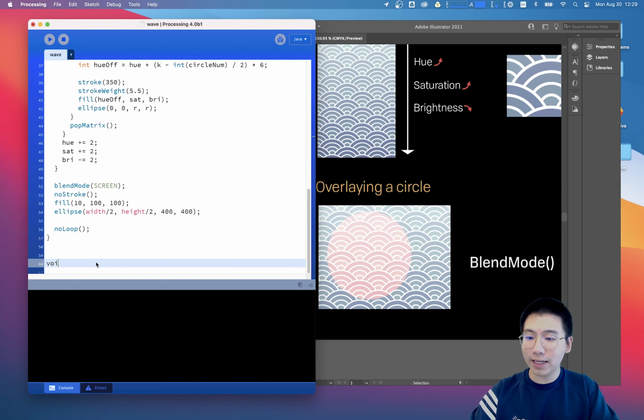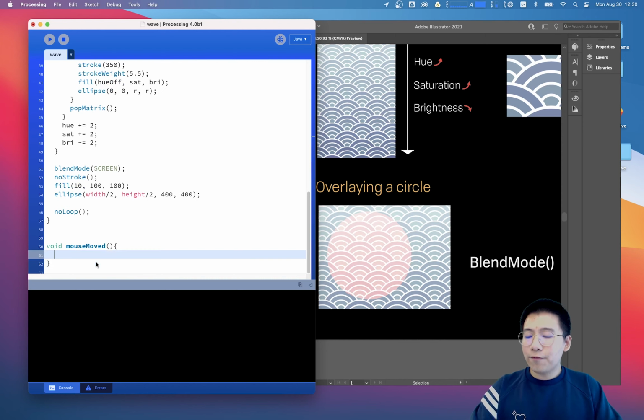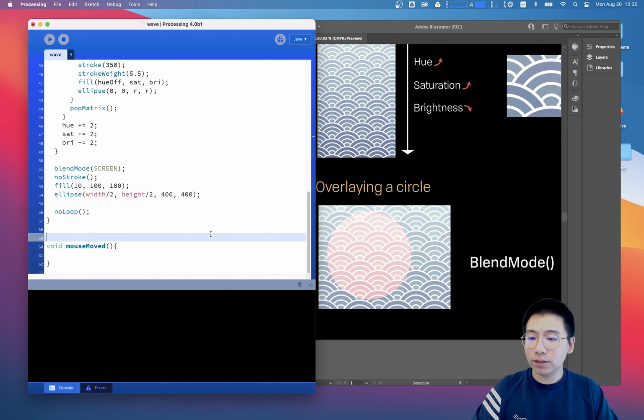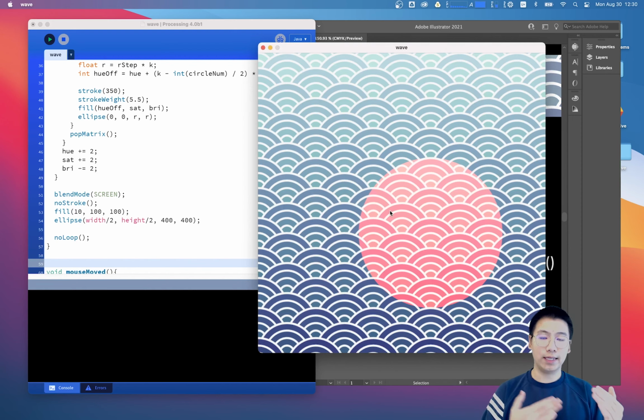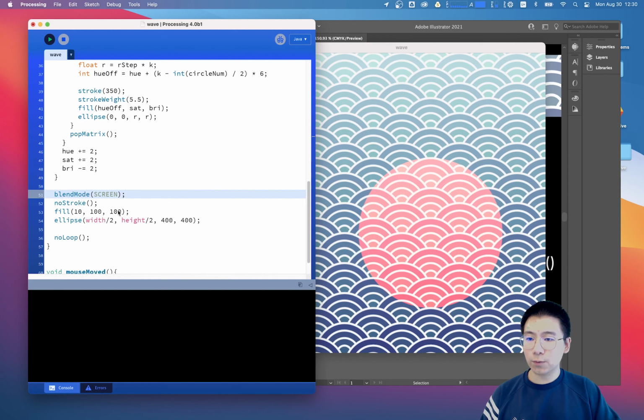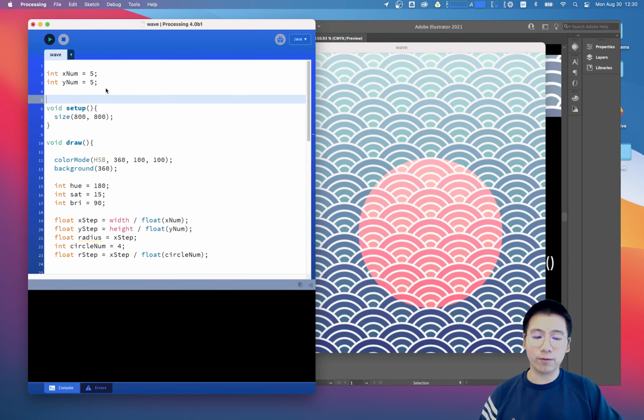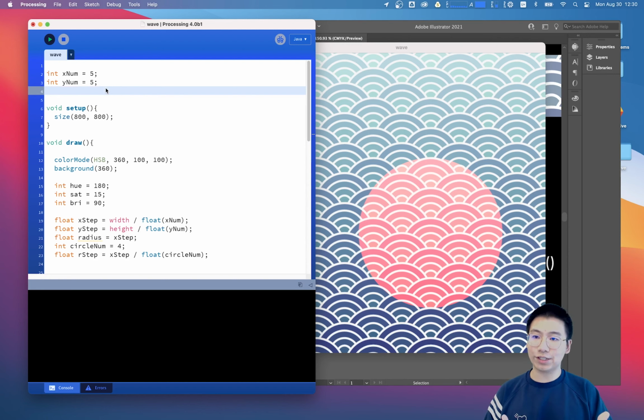We can say void mouseMoved, past tense. Sorry, let me run the code again. If we want the center of the circle to move with our mouse, we need a global variable that can control the center of the circle. So we need to define global values which represent the circle's center x and center y. So I can say float